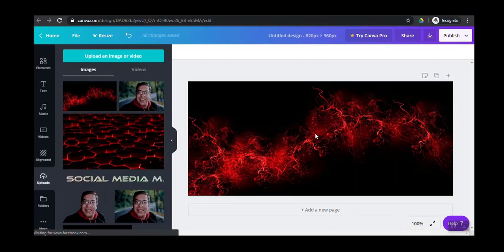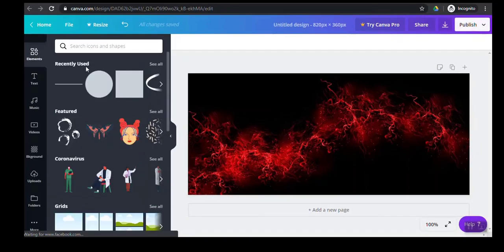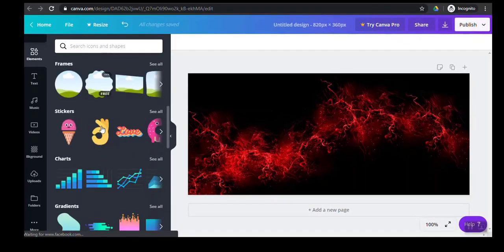Now you are aware of different ways to select the background. Before we go to the next step, let's temporarily identify and mark 90 pixels on the left and right and 24 pixels on top and bottom, so that we avoid adding any content there. To do that, let's go to the Elements menu. Here we will select a line.